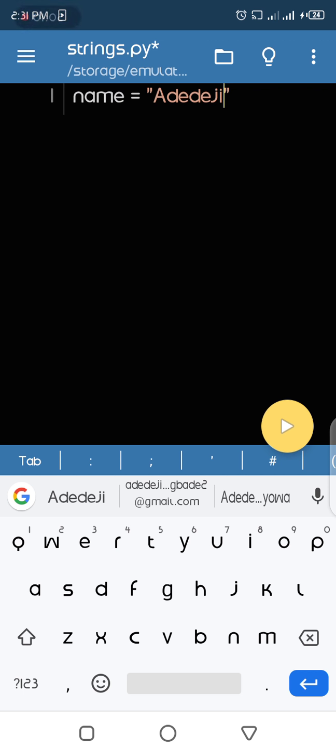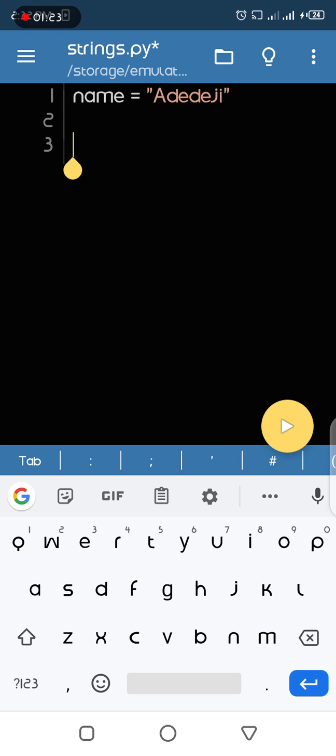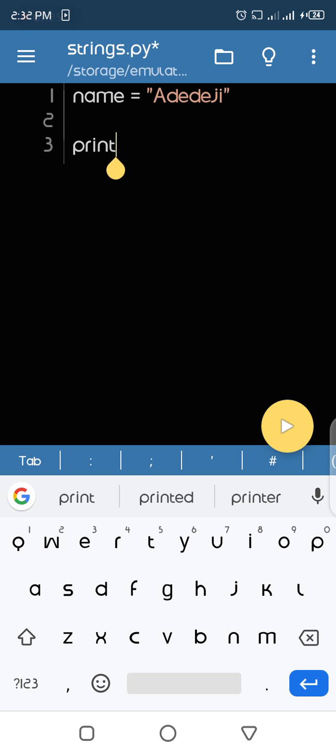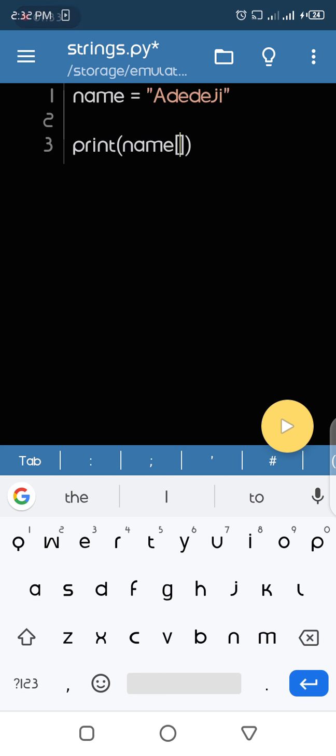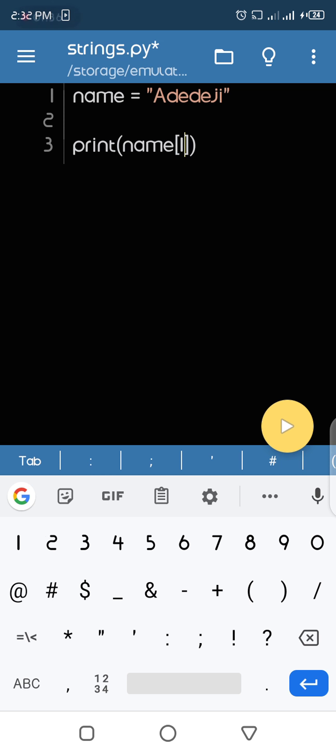So what we mean by slicing with a step is this: we slice normally, like ADE, and it prints out ADE for us. Now what if we want it to skip some characters, like skip one character? That's where step comes in. Like I said, you want to slice the name. Let's say you want to print out DE. So where does DE start from? 0, 1. 1 stands for D.